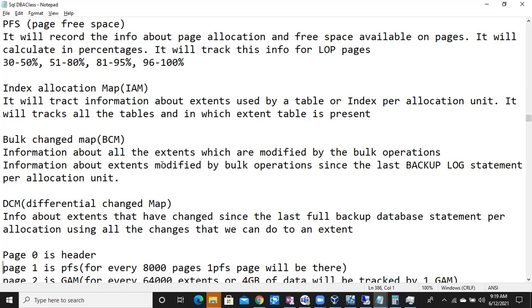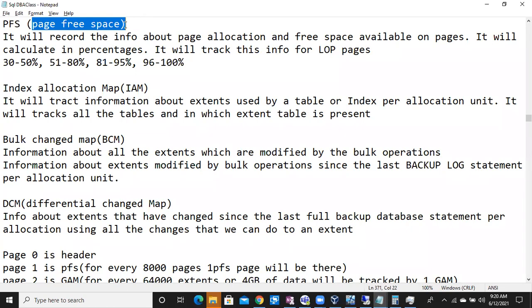So the PFS page will simply tell you how much free space is there. PFS means page free space. It will track in terms of percentages: 20% free space, 30% free space, 50% free space.